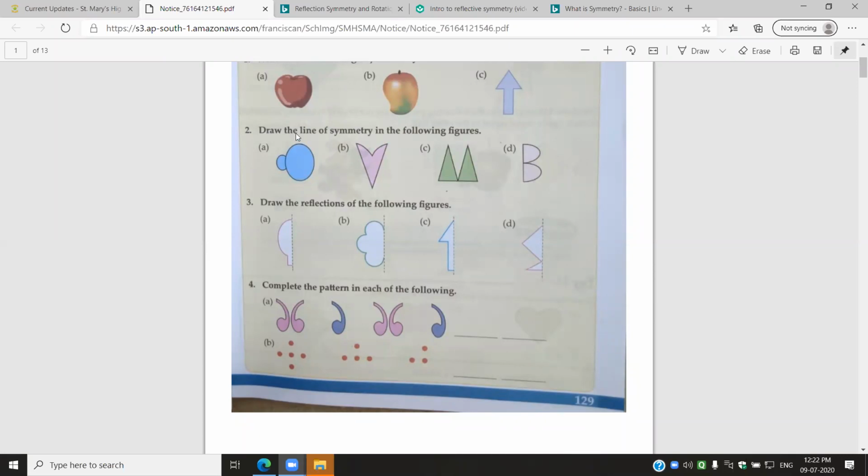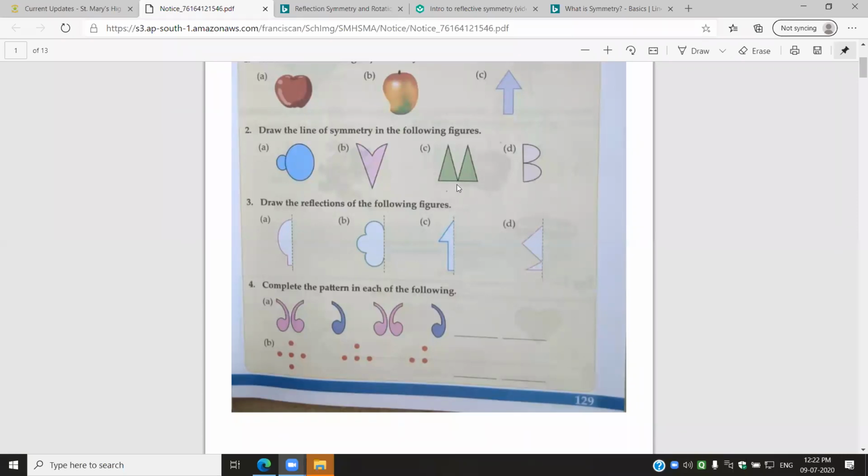Now here, if I draw the vertical line, from top to bottom, then both the sides will not be the same. So I cannot draw a vertical line of symmetry. I have to draw the horizontal line of symmetry like this, passing through the middle. Then both the sides will be the same. So here now, if I draw vertical, yes, both the sides will be the same. But if I draw horizontal, no. So the vertical line of symmetry has to be drawn.